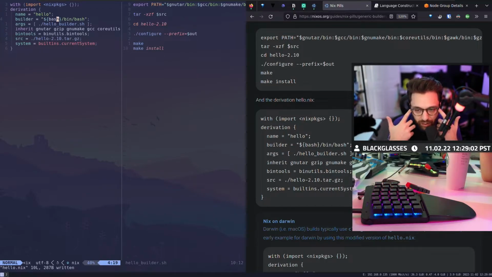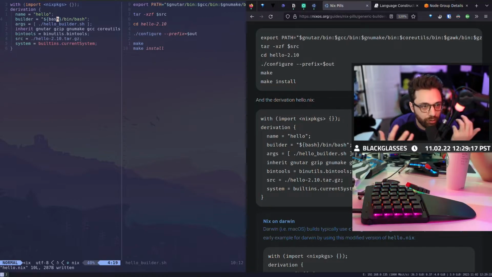So as a person building this system, you basically go, okay, the builder can be anything. The user has to provide that to us. So when we give it bash, we're not actually building software with bash. What we're doing is running a bash shell, and then running our builder script with bash.